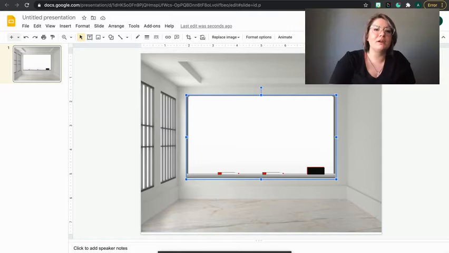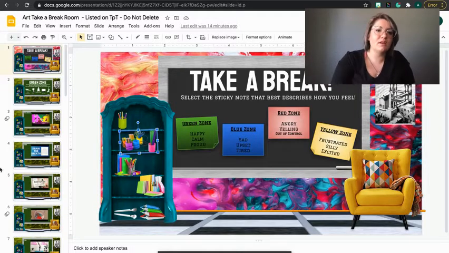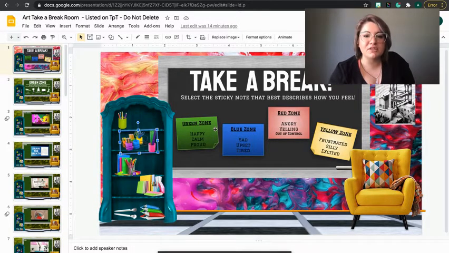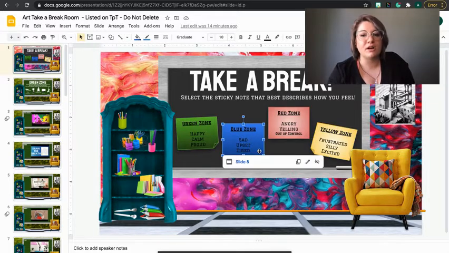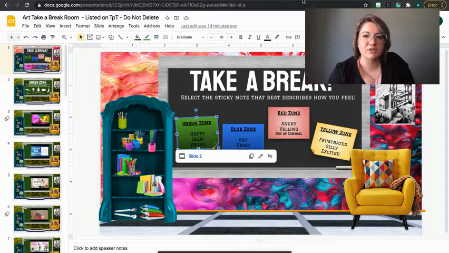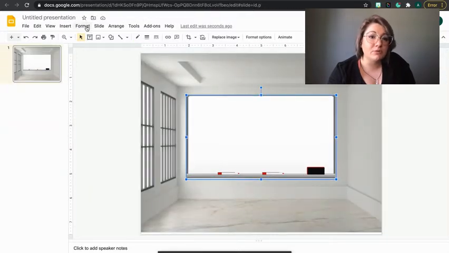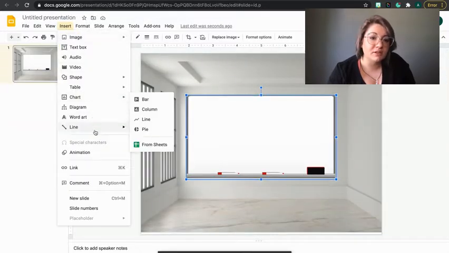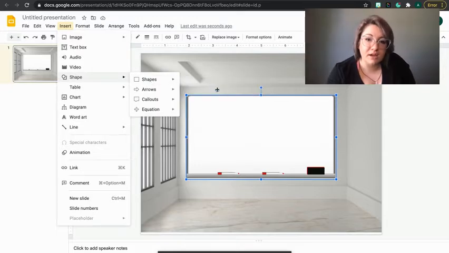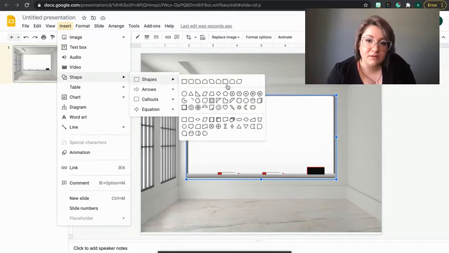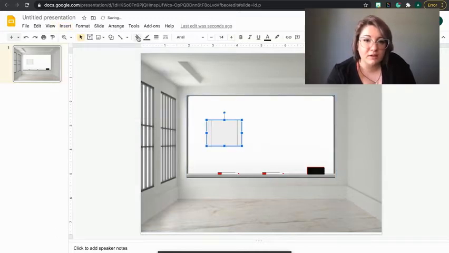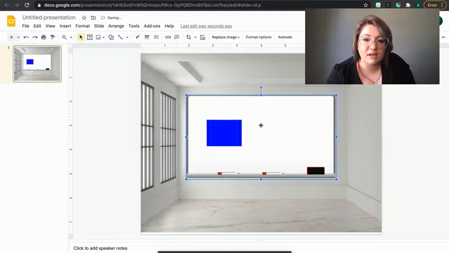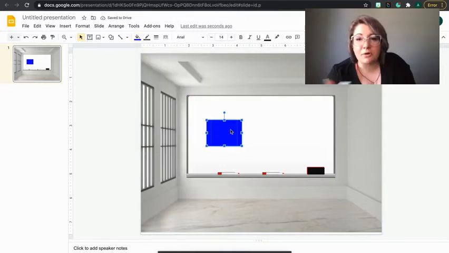So once you get your room built, you can start adding the elements such as the sticky notes if that's what you want to do, or you can just add a table and text if you're more comfortable with that. I like the sticky notes, and I actually got them from Google itself. So I went to Insert and then Shape, find my shape, and it was one of these. I can't find it right now, but let's pretend that could be my shape. You can always change the color, make it exactly the way you want, and type on it whatever